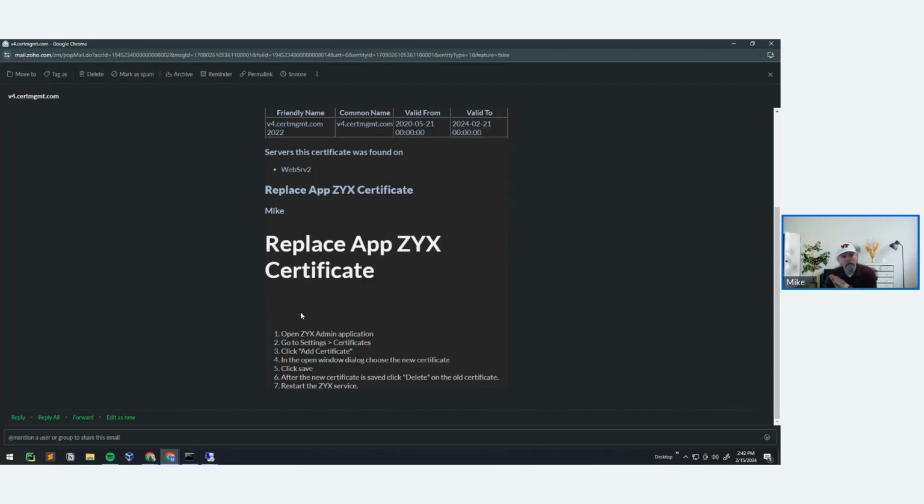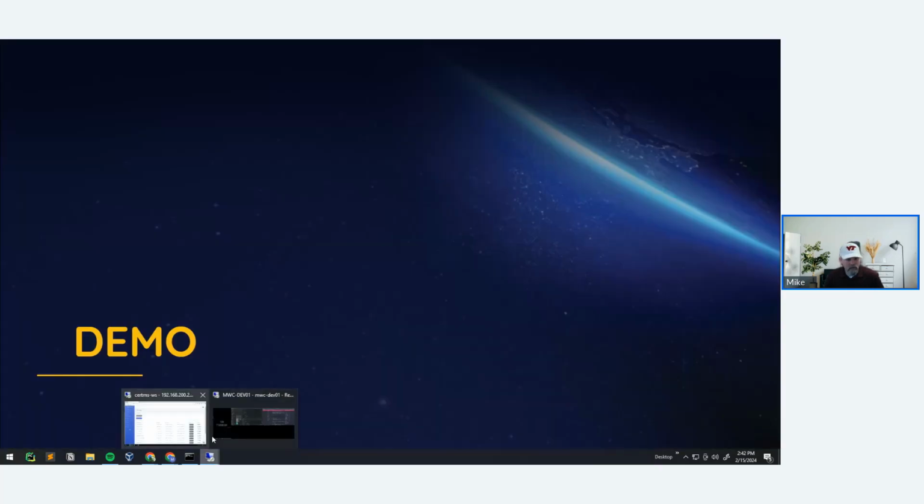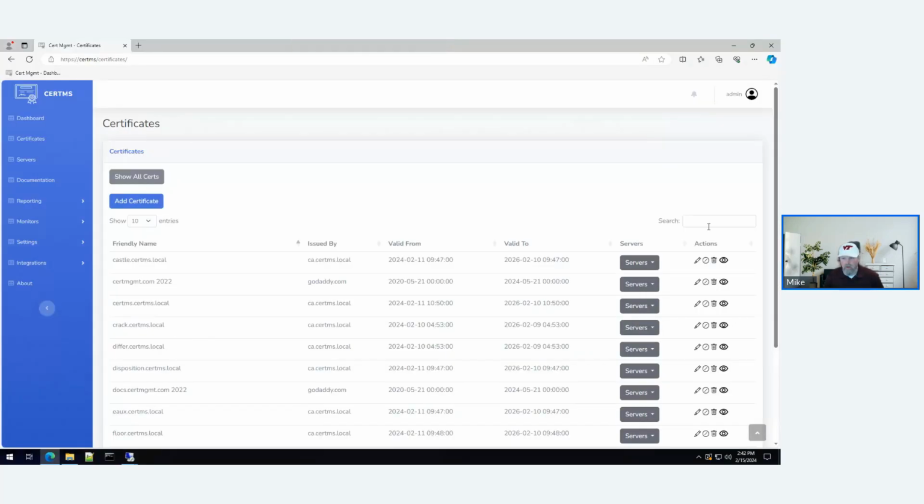It's all within the ticket. The idea is, ticket comes in, anyone with the proper access can just take the ticket and run with it, replace the certificate, and move on with it. All right. And what happens when we do that, and this is why I want to go back to this